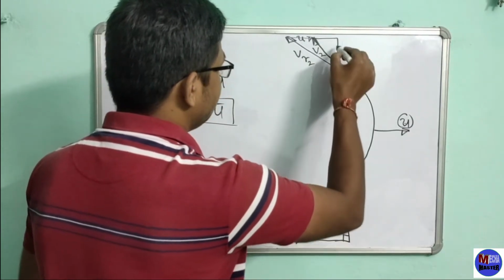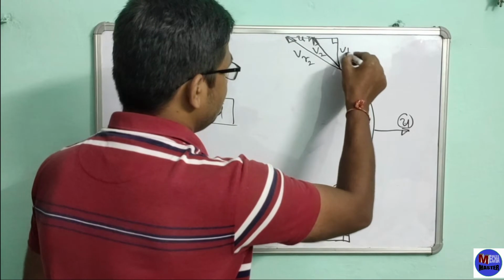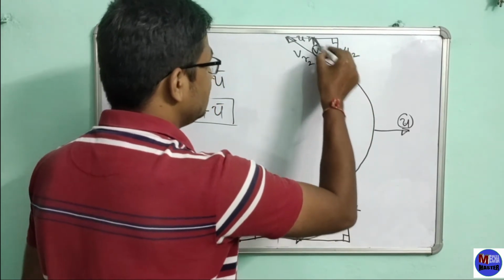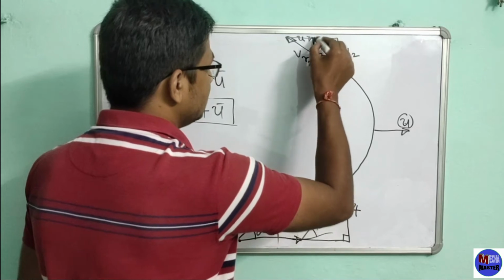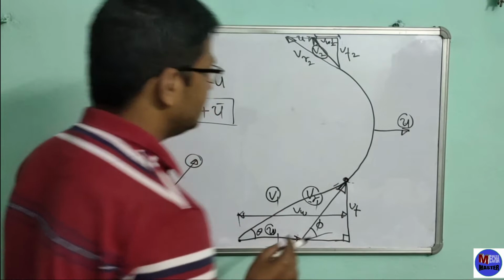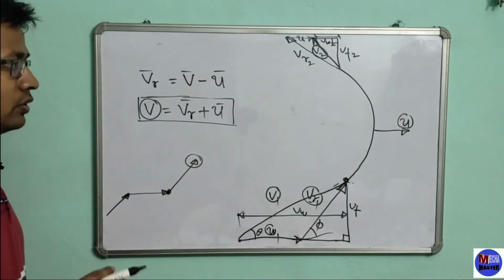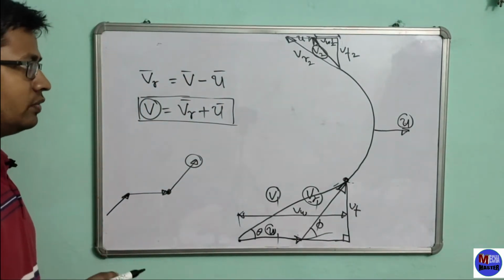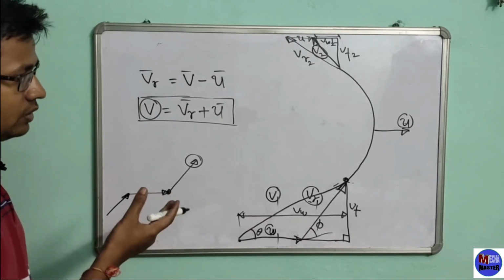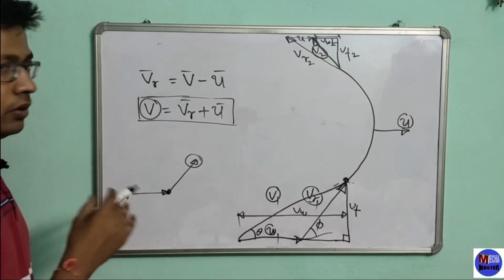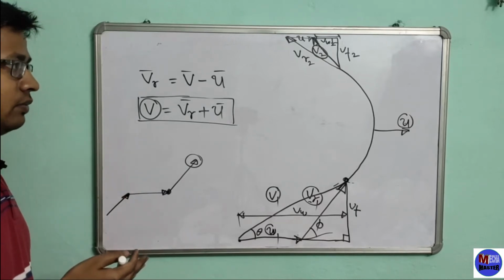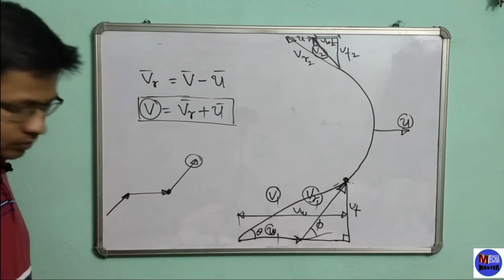If we draw the perpendicular, this will be the velocity of flow at the outlet, and if we split this main velocity, then this is called velocity of whirl at the exit. This is the basic concept to draw the velocity triangle in any stream. First of all, I have drawn this here, and I will also generate the velocity triangle for the Pelton wheel turbine.